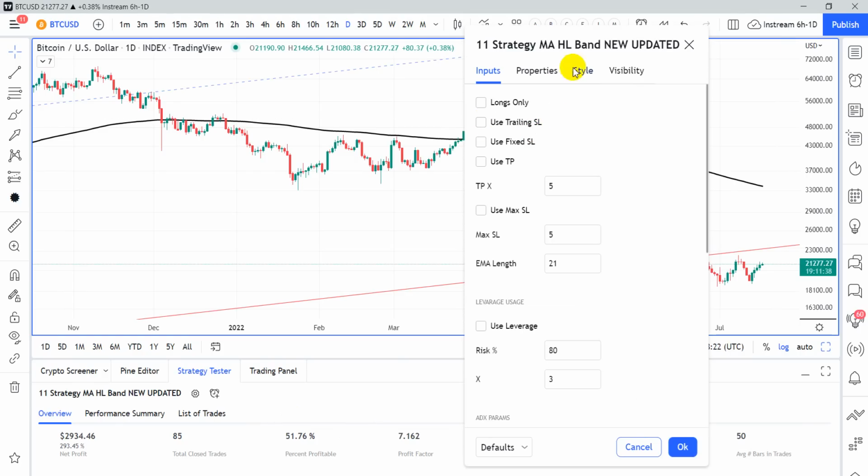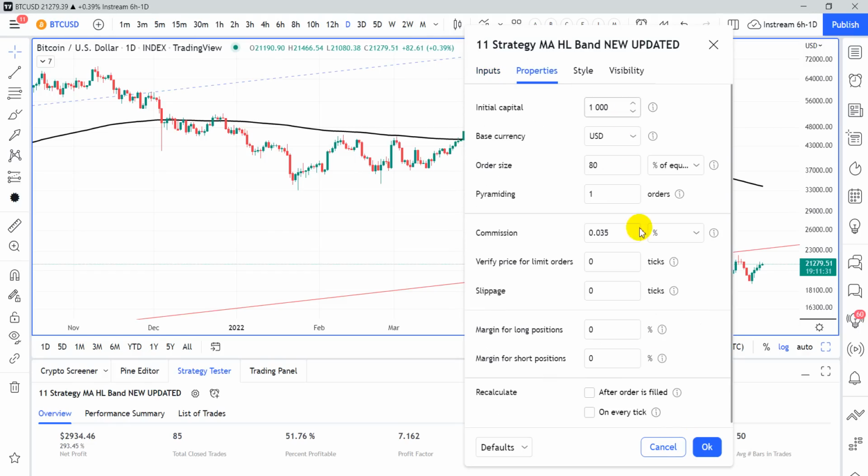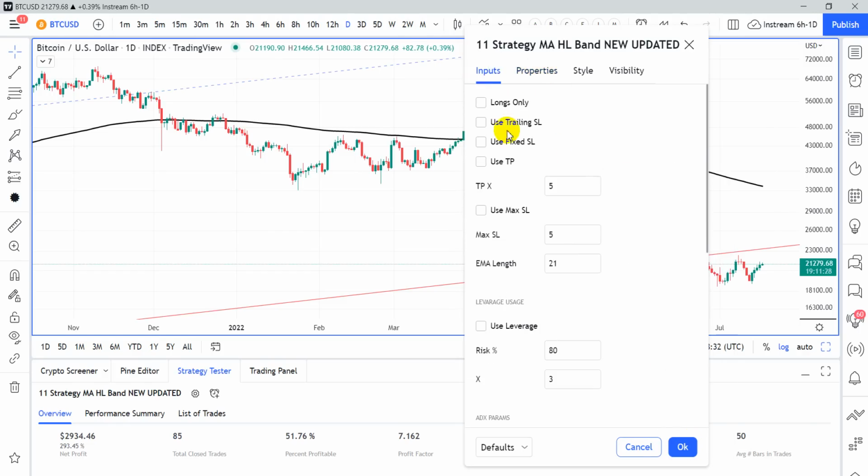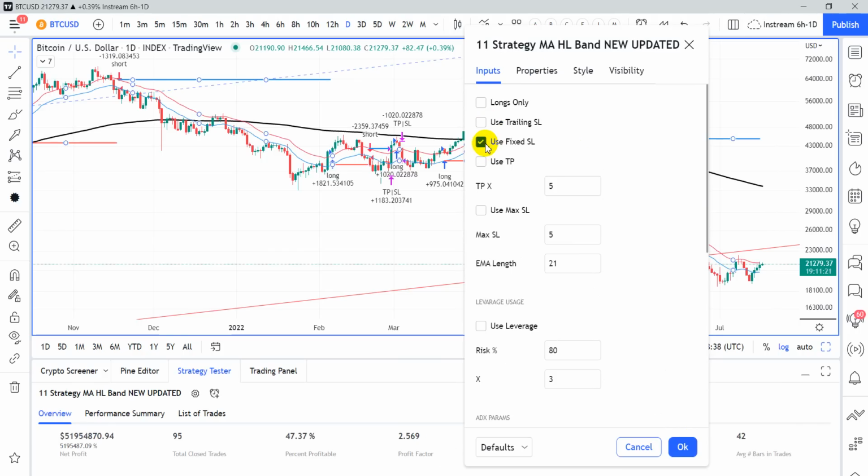As you can see, I got several options here selected for you, and what I can do, I can use the stop loss, use a trailing stop loss, use fixed stop loss. I will use a fixed stop loss, and bam, you see,